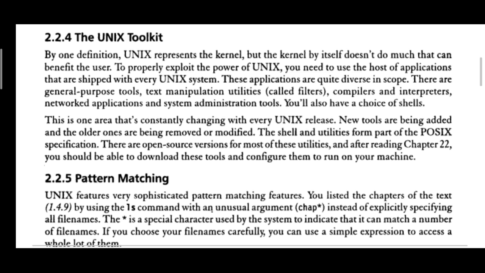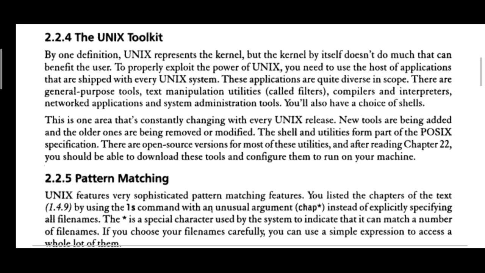To properly exploit the power of Unix, you need to use the host of applications that are shipped with every Unix system. These applications are quite diverse in scope. There are general purpose tools, text manipulation utilities called filters, compilers, interpreters, networked applications, and system administration tools.